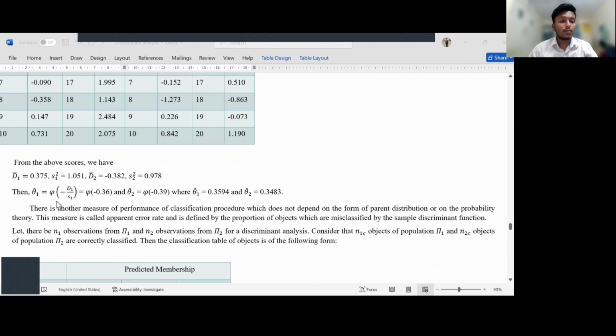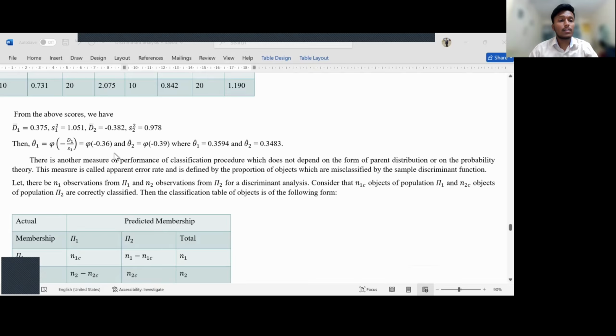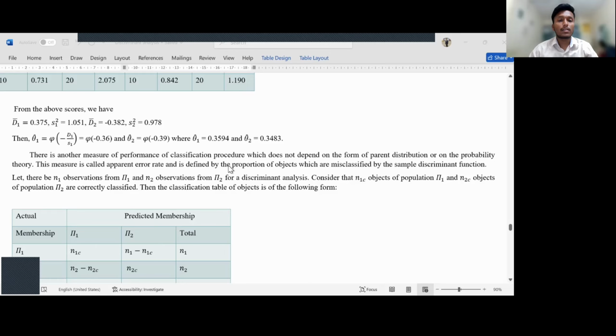Then theta 1 cap is equal to phi of minus d1 upon s1, which is equal to phi of minus 0.36, and theta 2 cap is equal to phi of minus 0.39, where theta 1 cap is equal to 0.3594 and theta 2 cap is equal to 0.3483. So this shows the 35% of misclassification error. So there is another measure of performance of a classification procedure which does not depend on the form of